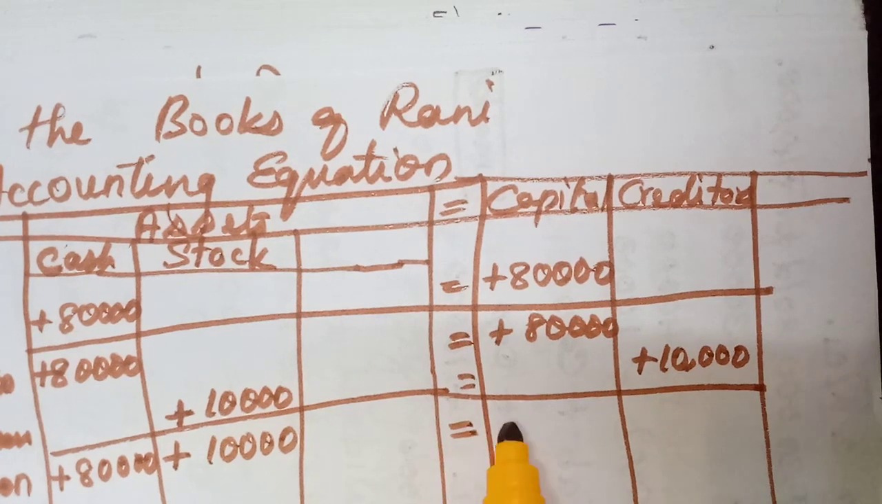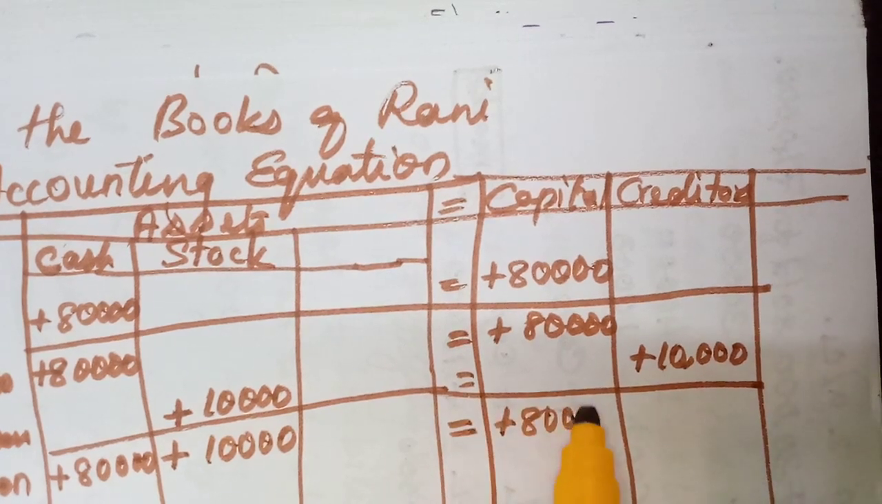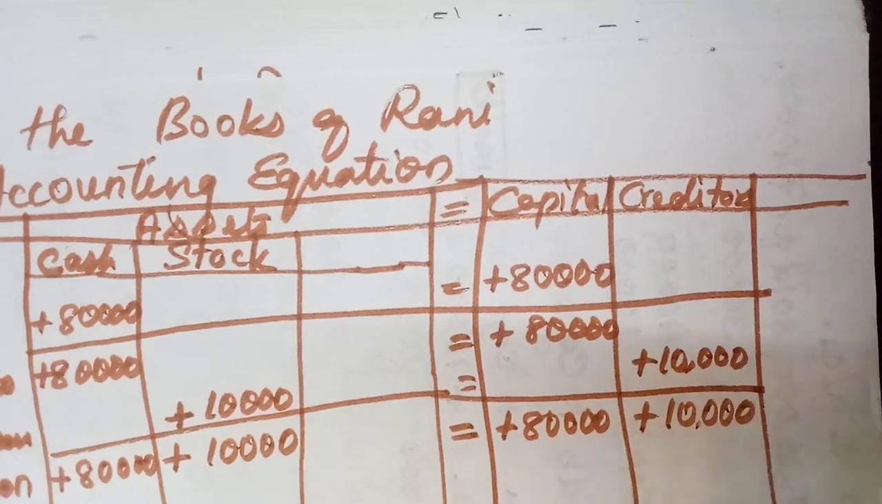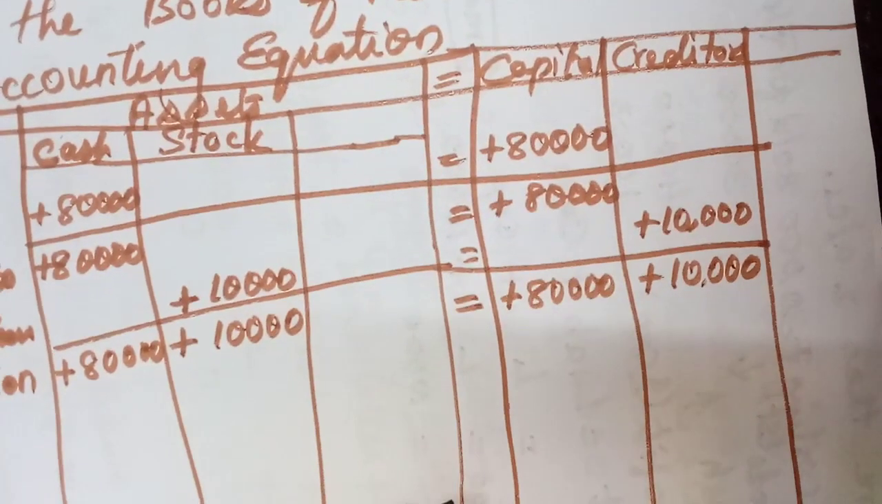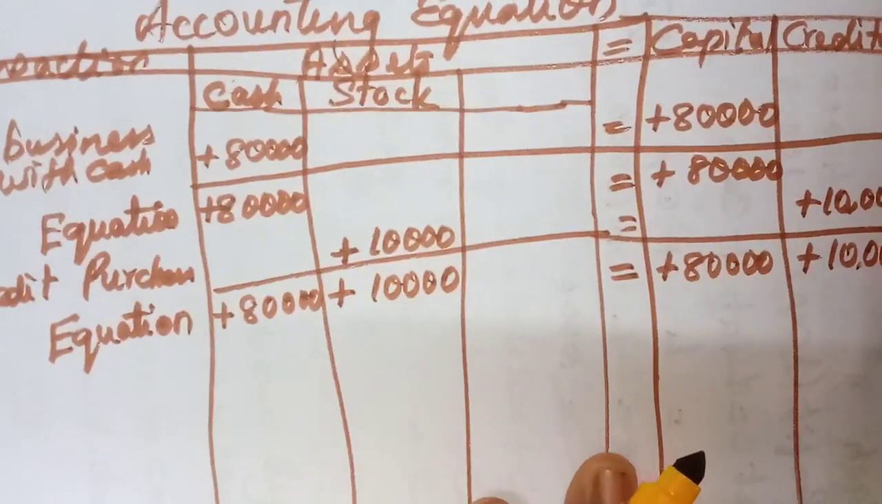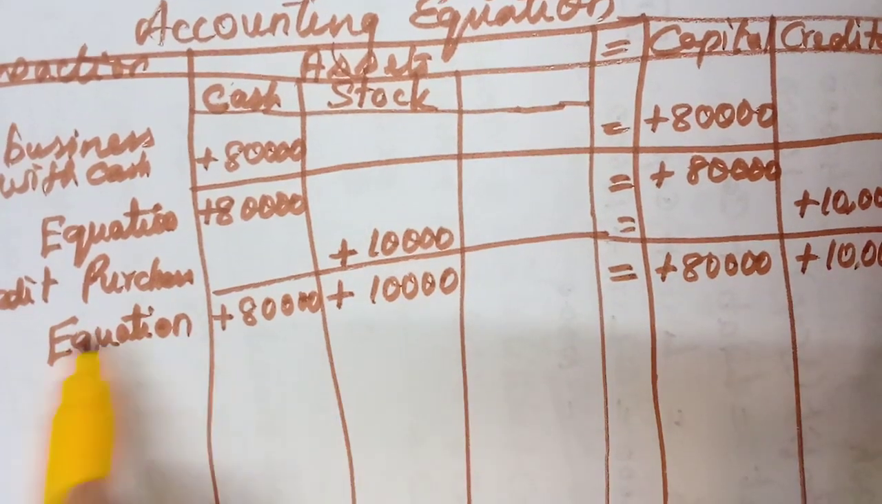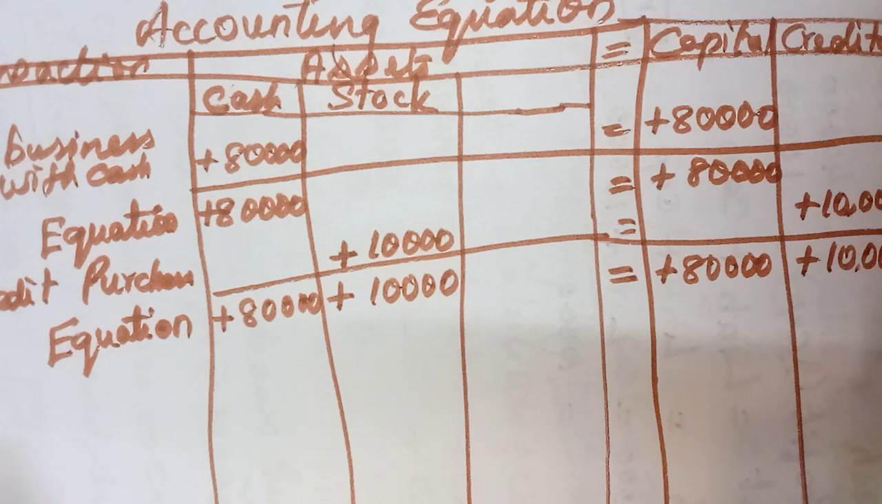equal to, here what is there? 80,000 plus 10,000. Both sides will be equal. If you check, it will be equal on both sides. That is the equation. Here 80 plus 10, here 80 plus 10, equal. Now we will write the third